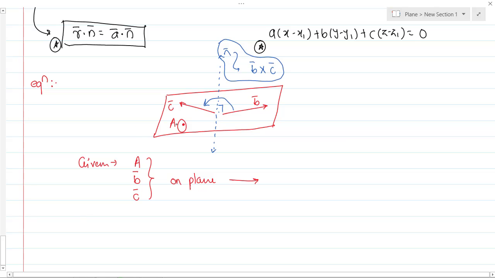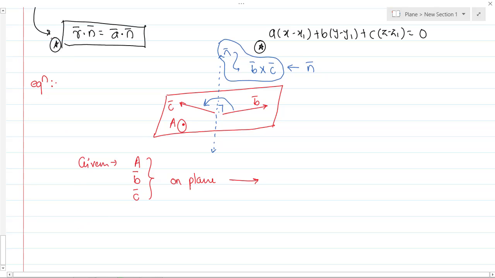A is known, and the second piece of information is also known now, which they have given indirectly, that is, B bar and C bar are lying on the plane. So if I take the cross multiplication of these two vectors, I will get the vector perpendicular to those two vectors. Okay, so can you tell me what will be the equation of a plane then? So in this case this becomes my n bar.